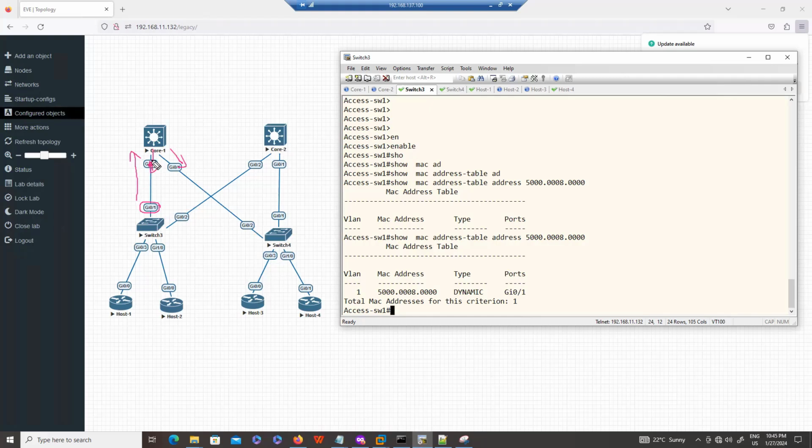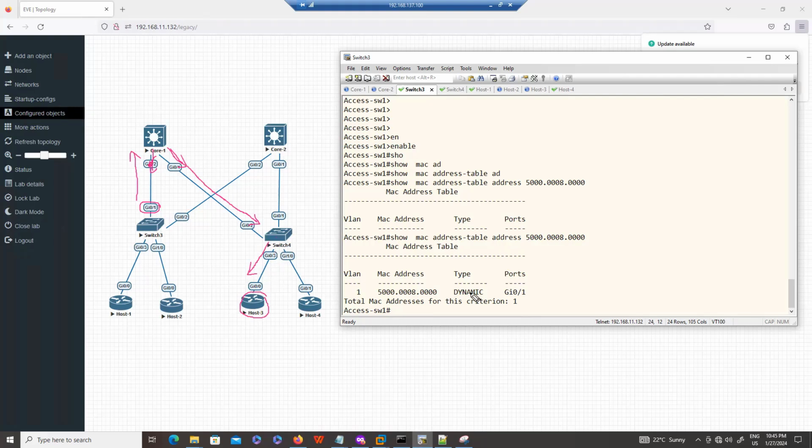So in this diagram, the switch has only one leaving interface, and core 1 sends the traffic to this switch, and then this switch sends the traffic to this side, because this is the end machine where it is directly connected.